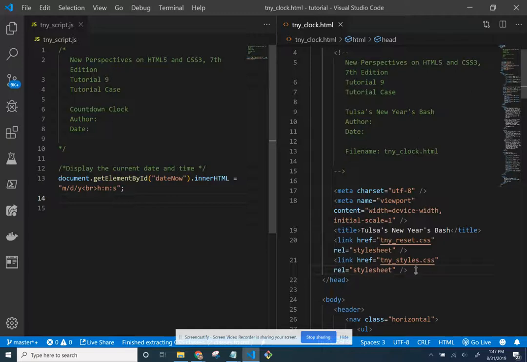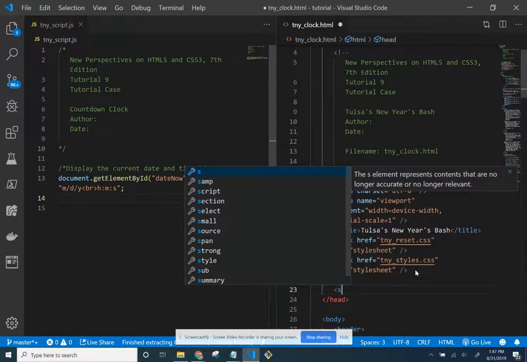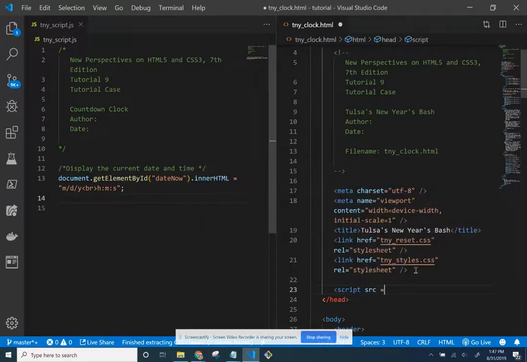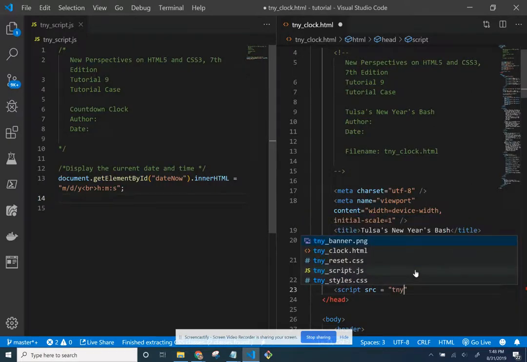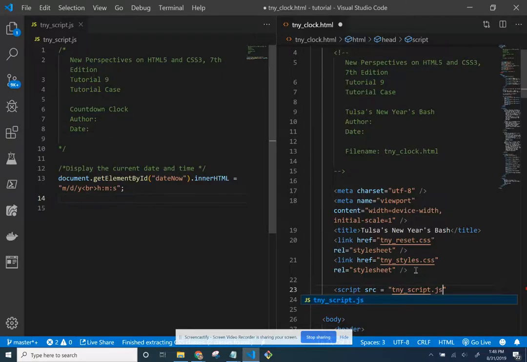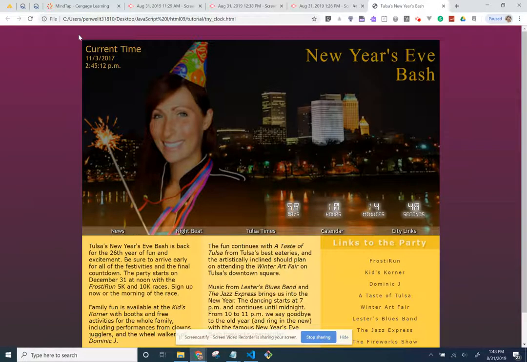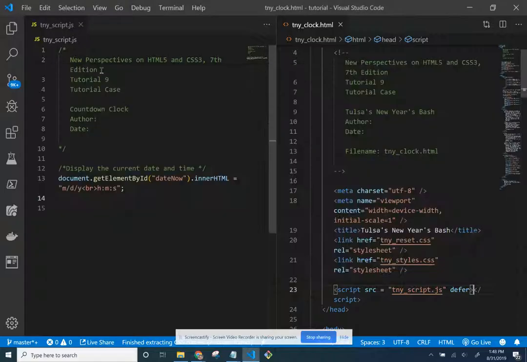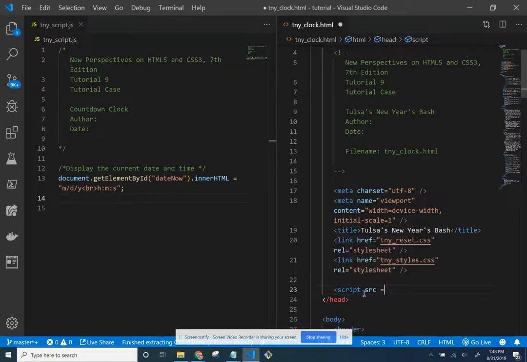So in the previous exercises, we did this, and you still need to link the script source, tiny underscore script.js, defer, because I remember that, and then we have the closing script. Now let's see what it looks like. Okay, so this is what I wanted to see, right? At the top left-hand corner. Previously, before I go ahead and do that,